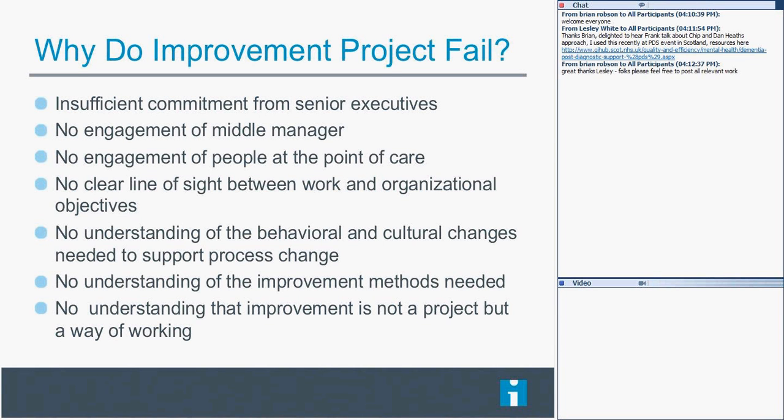We need to have an improvement method, because without an improvement method, we're not going to be able to change. We wind up using training and education and expecting that that would change everything. But unless we have some improvement method, and the model for improvement is the model that the IHI has adopted, but there's Lean and Six Sigma, and they're all wonderful tools. However, each has a place, and each one requires somebody to have the skill to be able to use those.